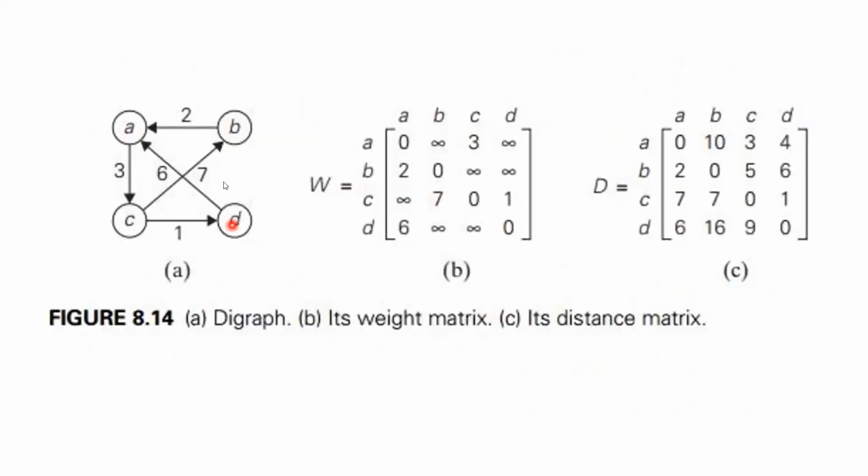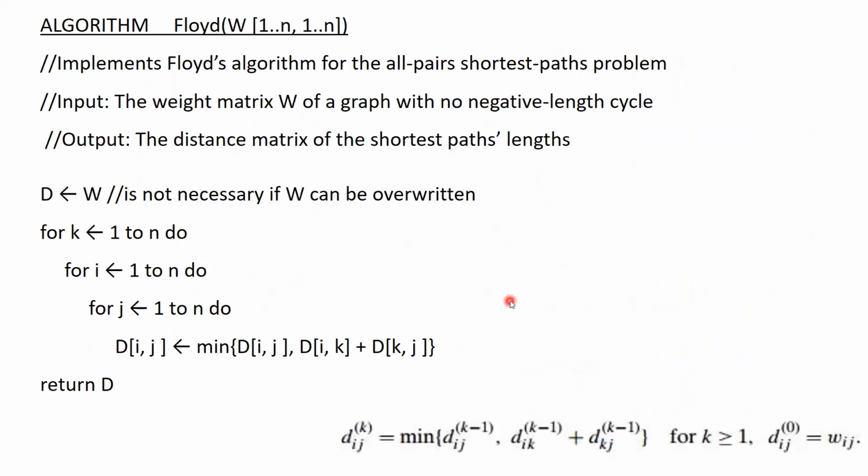So as discussed, this is the given graph. From this graph, you can deduce this distance matrix initially by going through or by processing through all the stages by applying the Floyd's algorithm. You can come up with this distance matrix. It will be giving us the all pair shortest path. So this is the Floyd's algorithm.